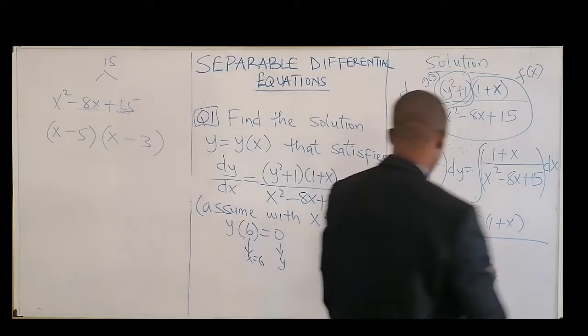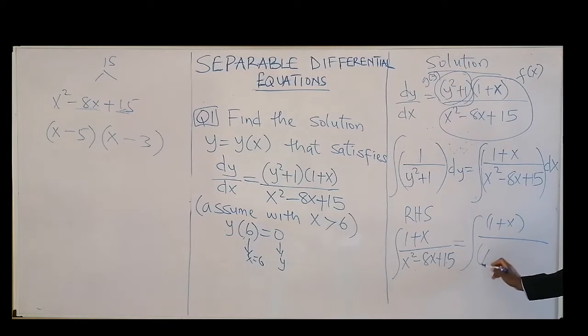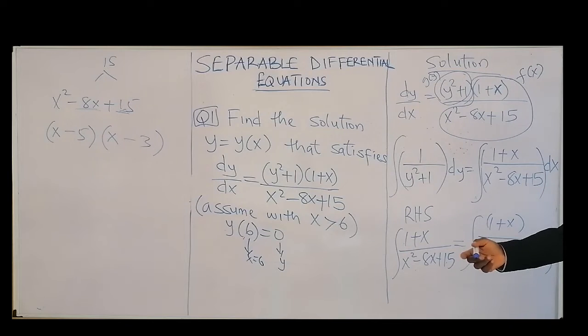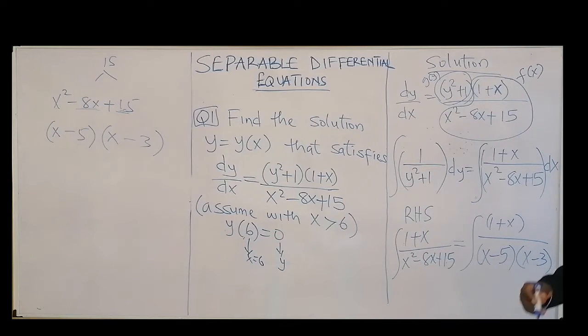So in that case, now that we have succeeded to factorize, this will be (x minus 5) into bracket (x minus 3). Okay? We have done that. We have factorized this denominator. So it is now a linear factor. And when your denominator can be factorized and it turns into linear expressions, then you can resolve into what?